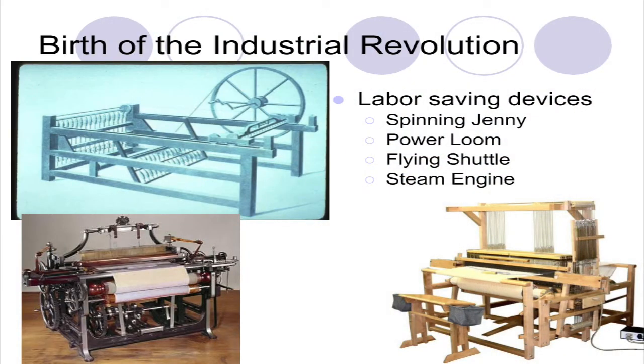So you will be tested on inventions, so make sure that you look at your worksheet. The 3 items that you see right here are all different types of products that spin cotton and are used to make clothing. Make sure that you look in your book for what specifically the spinning jenny does, what the power loom does, what the flying shuttle does, and of course it's very evident what the steam engine does. I will test you to see that you're looking in the book and making sure what those 3 items are and how they're different from each other. So that's for you to make sure that you do, okay?